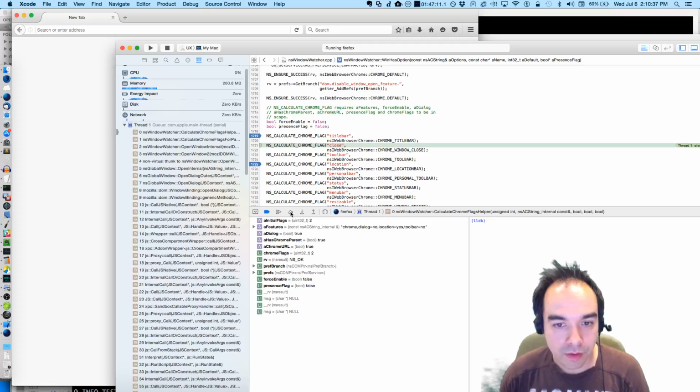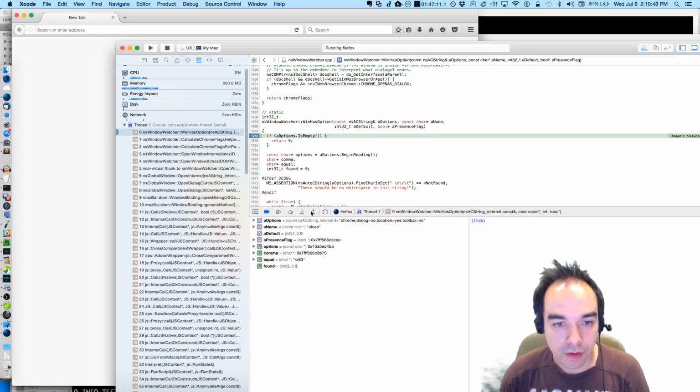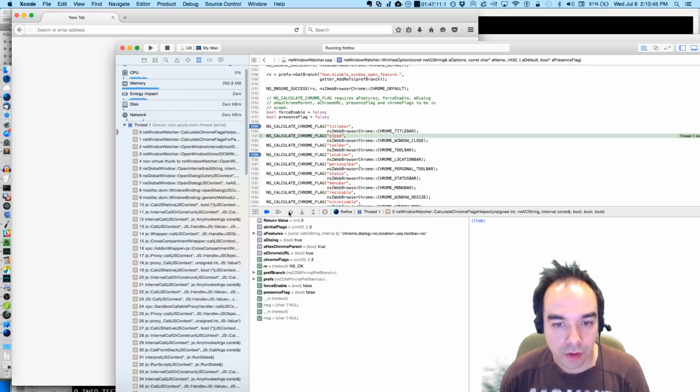So title bar is not in there. Close is not in there.